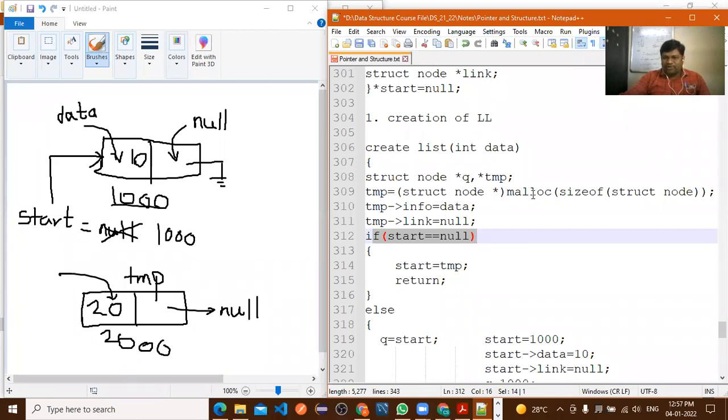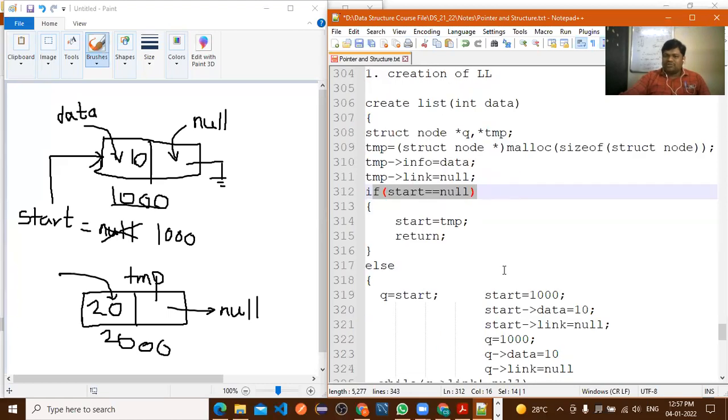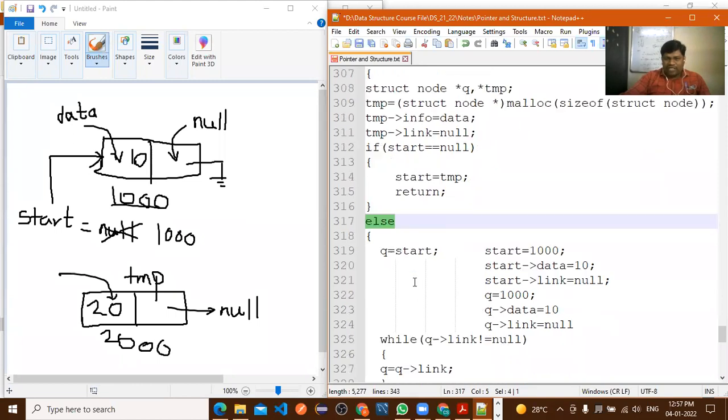And for that purpose, we have created a memory and we have assigned the data and we have assigned link equal to null, right? Now we are checking start equal to null. Now here afterwards, every time, this condition will become false, right? So why? Because when you are inserting the first element, ज्यावेळी तुम्ही first element insert करता, त्याच वेळी फक्त ही condition true होणार आहे. आणि नंतर every time from the second node onwards, this condition will become false. Now we need to execute or we need to check the else, right?